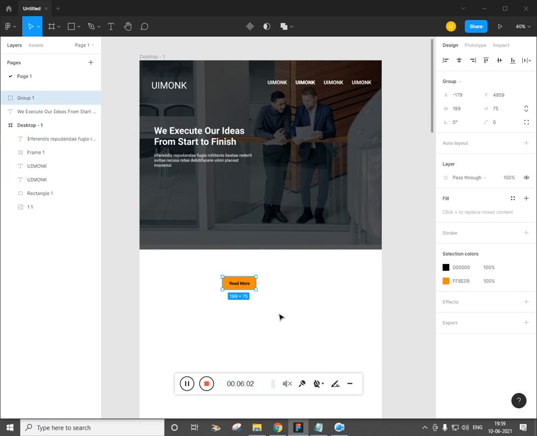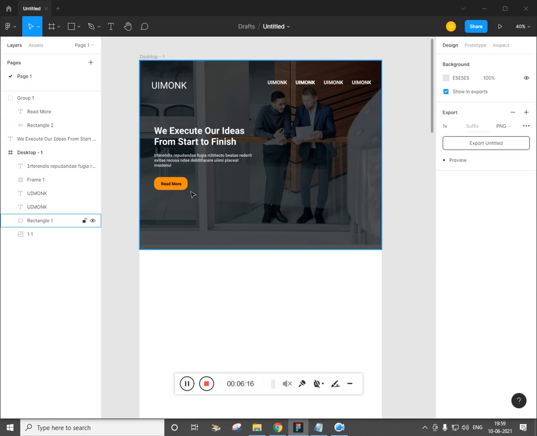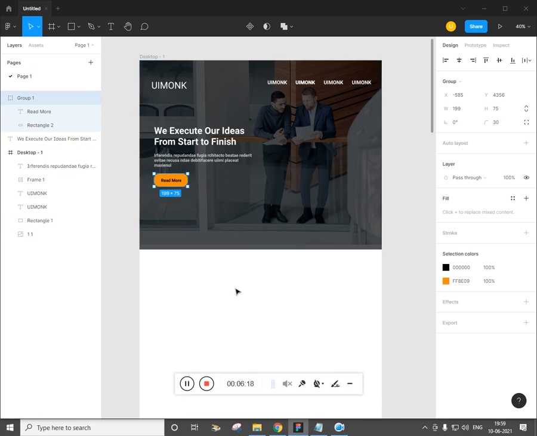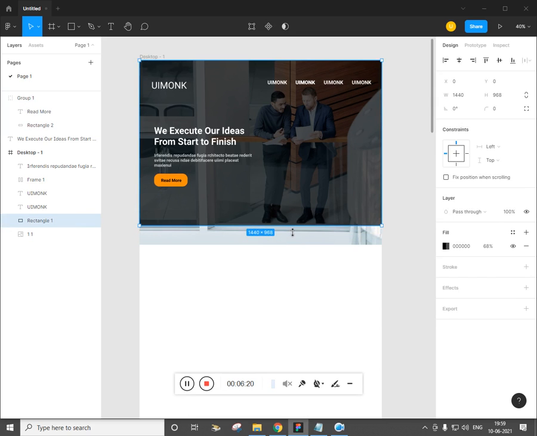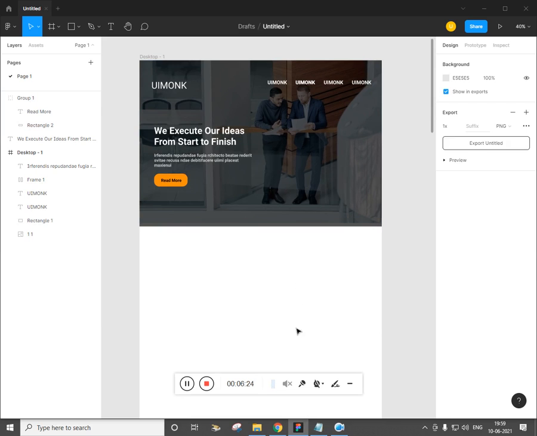Select this and make it a group, and give it here, and select the shape by pressing Ctrl. What we can do is give the border radius, let's give 30, and cool. If you want, you can make the size smaller. So we have completed the first step.